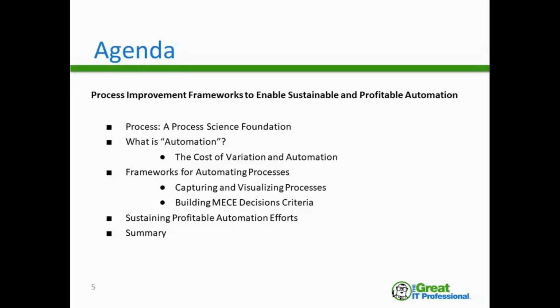One thing I'd like to caveat is that automation work is generally a process improvement project, and there's a lot of nuance there. I could give a 20-hour, 40-hour course on how to do a proper process improvement project. So in this presentation, I'm trying to distill what is most relevant to do an automation project, or really just automation work more generally. Then we'll end with a summary of the presentation, which is what sustainable, profitable automation work is, and how you want to think about that.